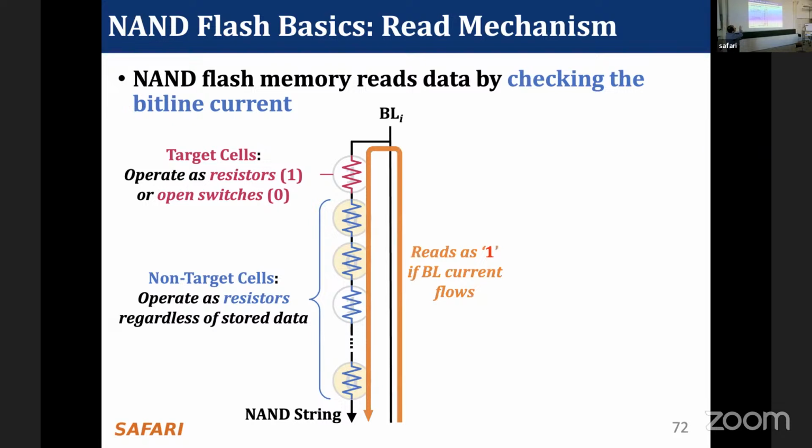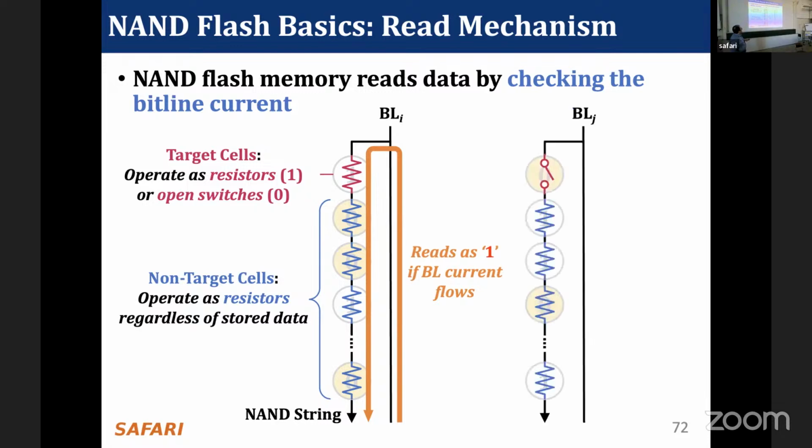So we apply a VREF voltage, and if the current flows from the bit line, we observe that the flash cell we wanted to target actually operates as a resistor, which means that our reference voltage was high enough to turn on that transistor. That means that flash cell was not programmed, it was in an erased situation. So we encode it as 1. And if the bit line current cannot flow, we conclude that basically